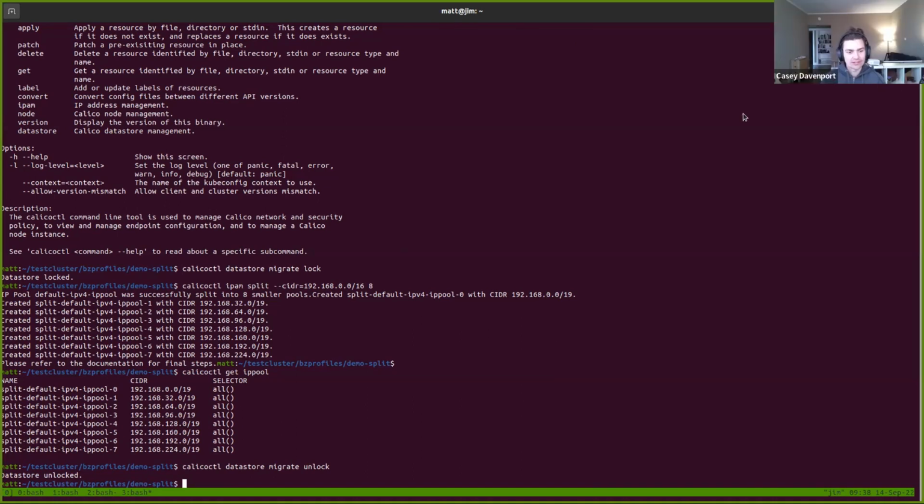Nothing for me. I think it looks pretty cool. That was the first time I've seen it. Yeah, I think there's a lot of people who will find this useful. We've already had a user in Calico users who found a use for this. They assigned a very large IP pool and then discovered that some portion of that was being used by something else in their corporate network. So they needed to split the pool up and then disable the chunk that was duplicating the external network.